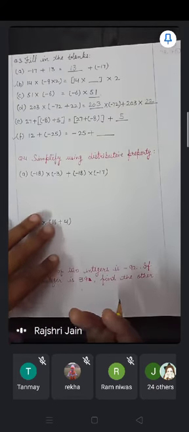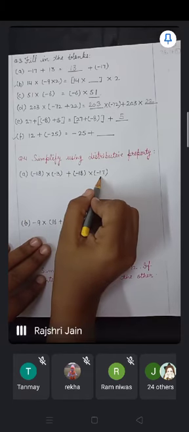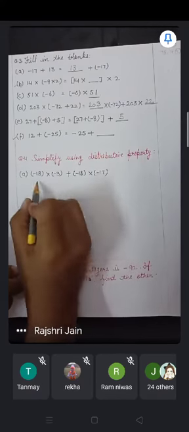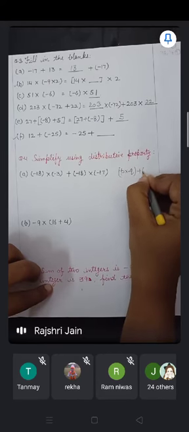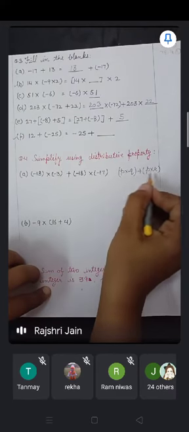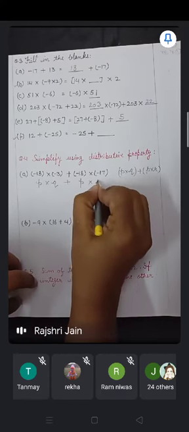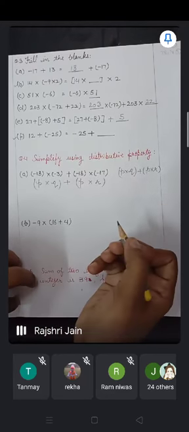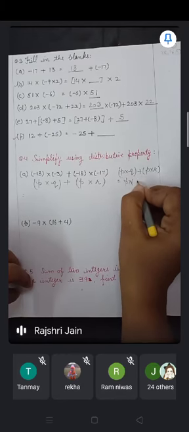So now -18 into -3 plus -18 into -17. आपको क्लियरली यहाँ पे दिया हुआ है, डिस्ट्रीब्यूटिव प्रॉपर्टी यू हैव टू यूज हेयर. So it is in the form p into q plus p into r. Yes, p into q plus p into r. You can see p into q plus p into r. In this form it is given to you. Then you can easily solve it. What is its value? Its value is p into q plus r.